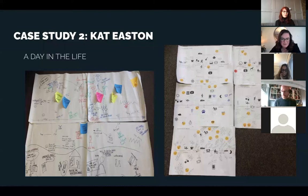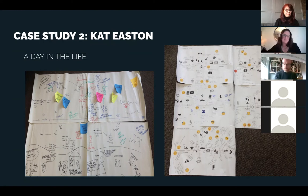The first one you can see here is one of the activities in that first workshop, where we brought together patients and health professionals. So we had a psychologist, an occupational therapist, a pulmonary nurse, a mix of health professionals there. We wanted to look at a day in the life of people. So we ran that activity and provided people different materials to map a day in their life, from when they wake up to when they go to bed, and then through the night, and what kind of things were happening for them, and what people find challenging